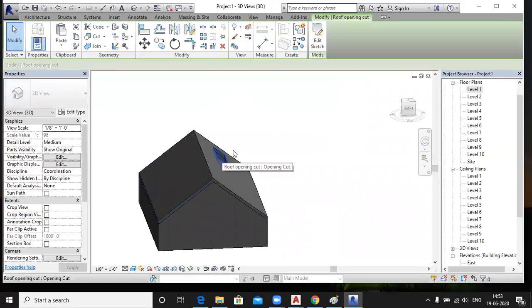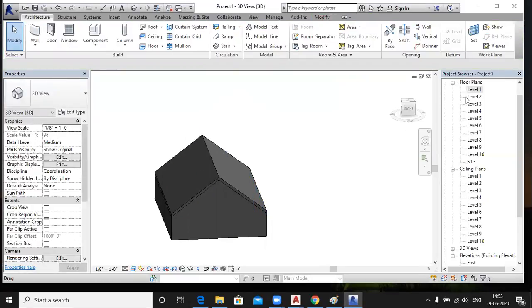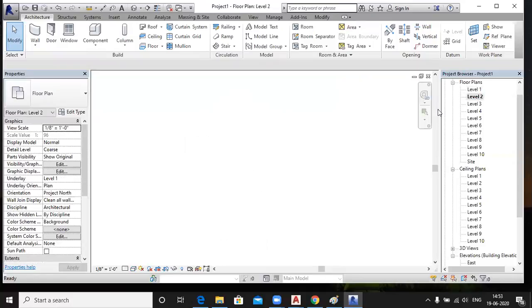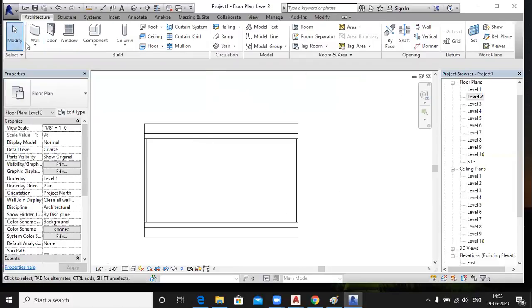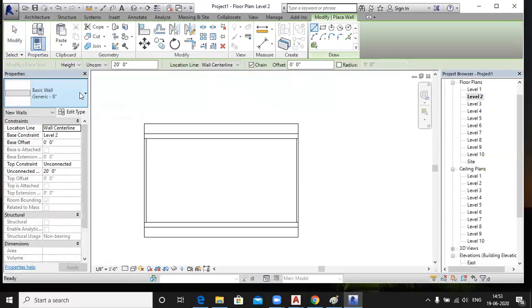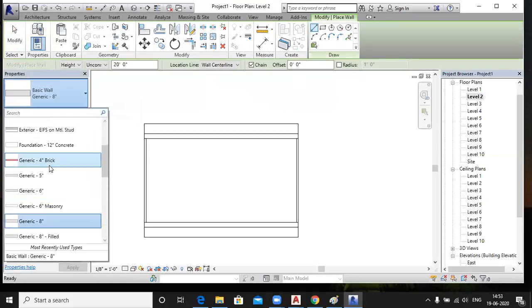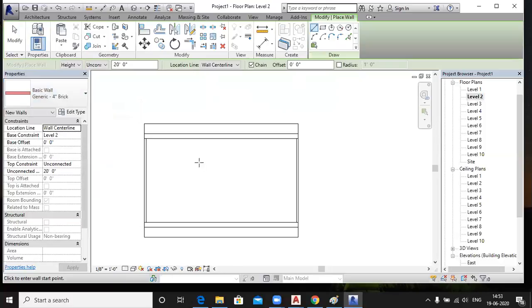For the dormer opening you have to create it like this. Draw a wall. I am going to tell you for the dormer opening, right? This base level height, I am going to give 8 feet of wall height from level 2, and draw a wall like this.